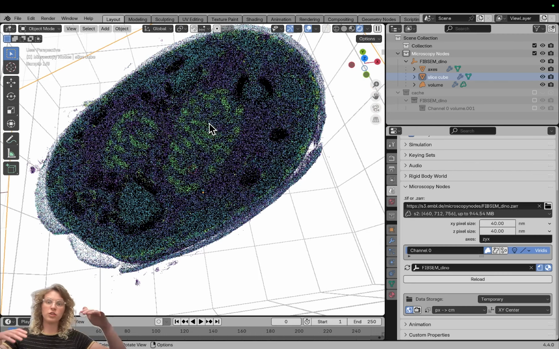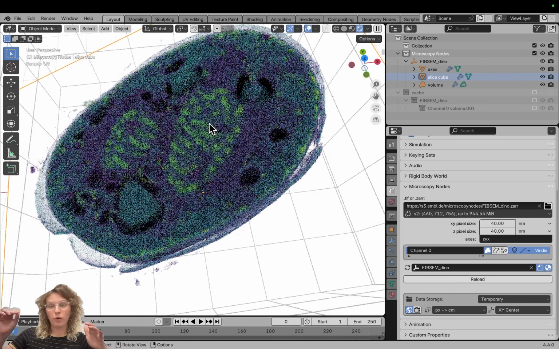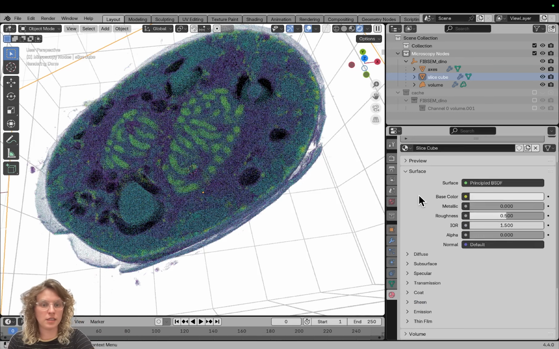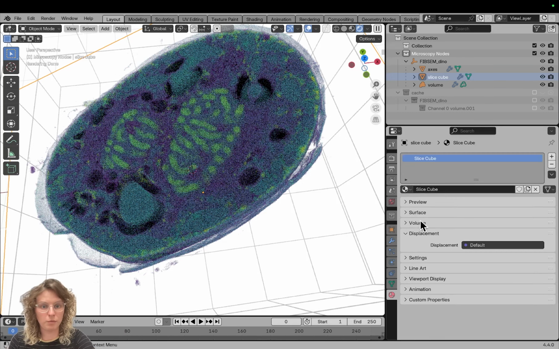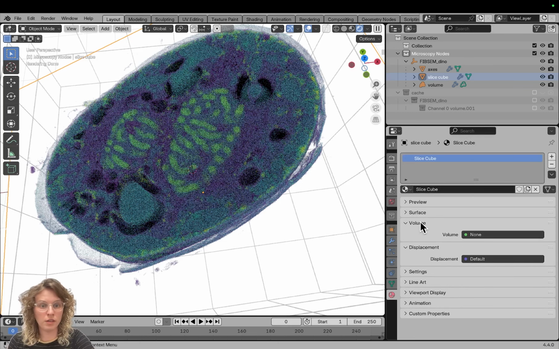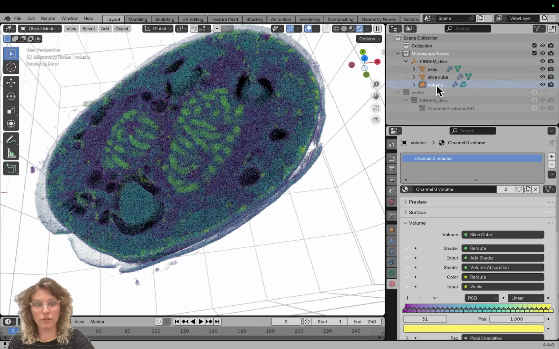So this puts yellow at the highest EM densities and purple at the darkest. But we can also edit that in the materials. So that would be in here in materials. You can click volume, and then we do need to make sure that we have the volume selected,